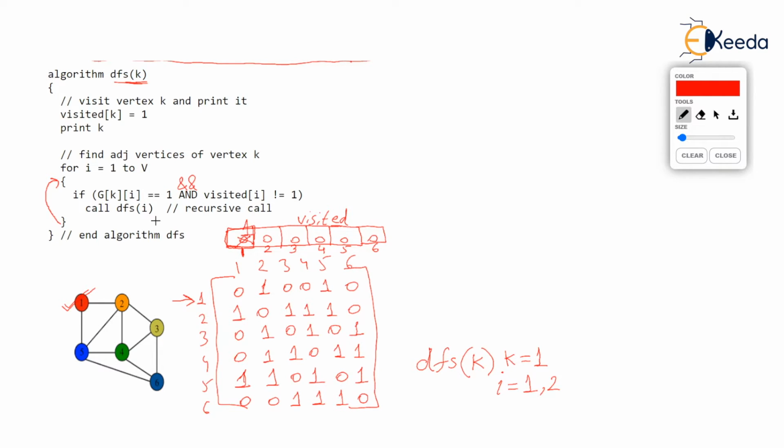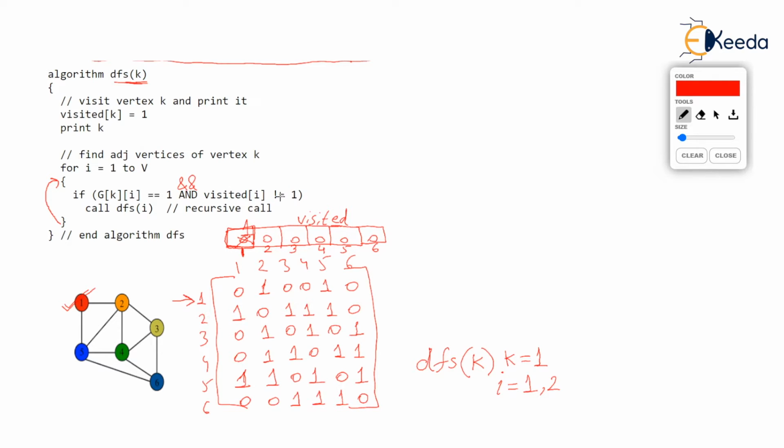So we have found an adjacent vertex of k. The adjacent vertex of k is i, where i is 2. But that's not enough, isn't it? You know that finding an adjacent vertex is not enough. We know that 1 is adjacent to 2, but 2 should not be visited. We only consider those neighbors which are not visited. Go back to the fundamentals of DFS which we saw in the earlier video. So there is a logical AND operator here, and then it is written that visited i should not be 1. Only then we are going to consider it.